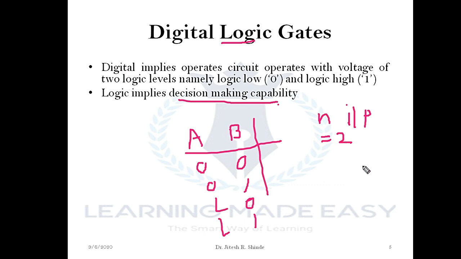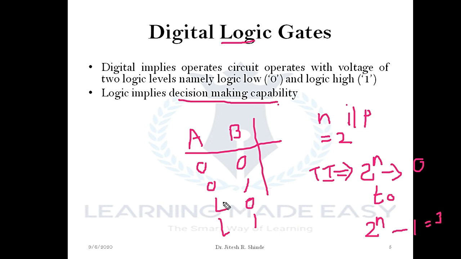So we can determine from this formula, if the number of inputs is equal to n, the total number of input combinations for that particular gate is indicated by 2 to the power n. It will be ranging from 0 to 2 to the power n minus 1. If I substitute n equal to 2 here, the answer you will be getting is 3. Thus for the 2 input gate, how many input combinations do we have? 0 0, 0 1, 1 0 and 1 1.